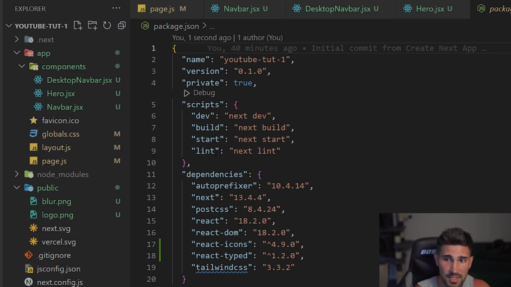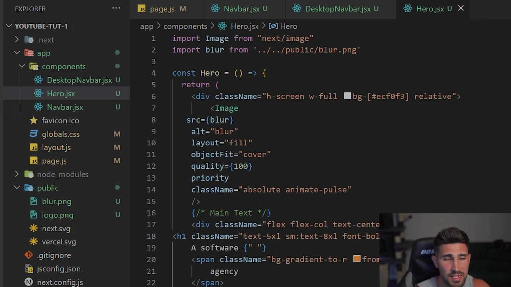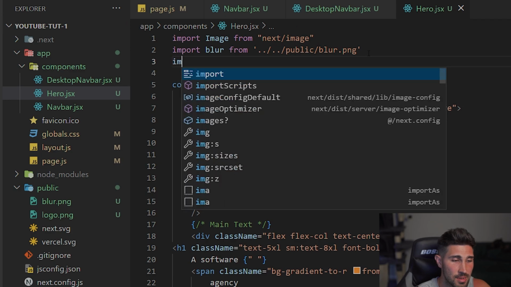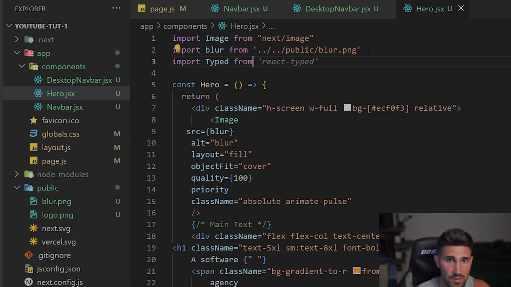check to make sure the package is installed. We have version 1.2. We will do npm run dev, start the server again. And now we could use all the methods and functions that this package gives us. But we need to import at the top first. So we're going to import typed from